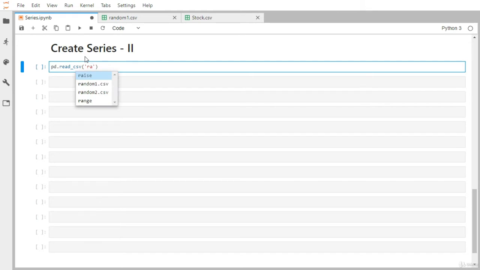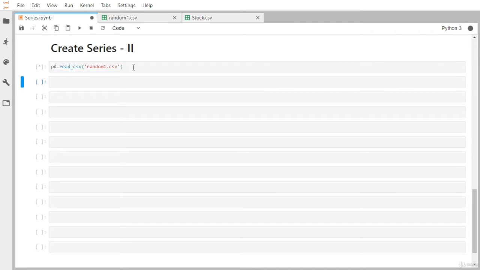Once you type a few characters and press tab, it will automatically give you suggestions of the file names you want to import. As this particular file is in the same directory where my Jupyter notebook is situated, I do not need to give any particular path. If it is situated at some other location, you have to give some relative path or absolute path. Okay, so now let me just execute. We are not going to deal with any other parameter, and let's see what it will generate for us.